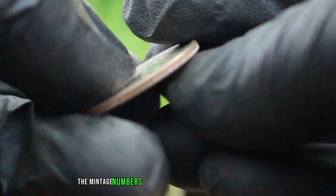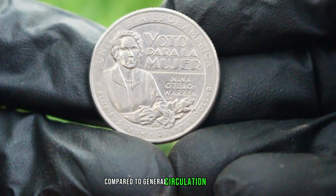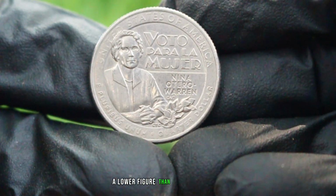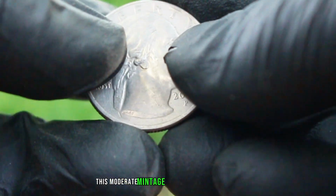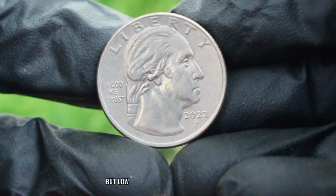The mintage numbers for this quarter are relatively limited compared to general circulation quarters. The US Mint produced approximately 10 million of these coins, a lower figure than typical quarters, but higher than rare, limited edition issues. This moderate mintage contributes to its appeal: high enough to be accessible, but low enough to retain